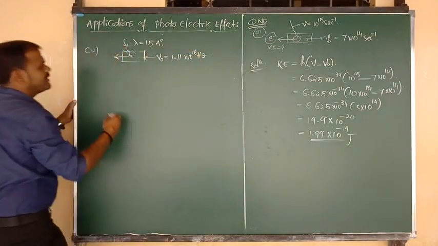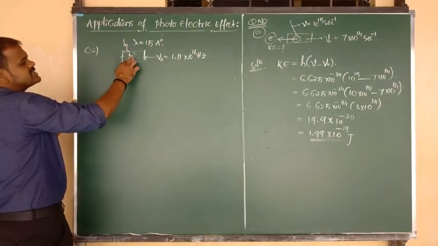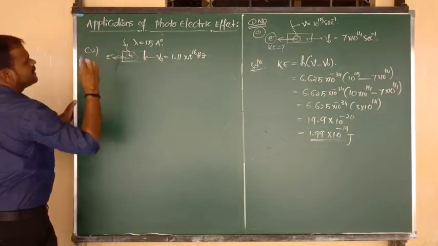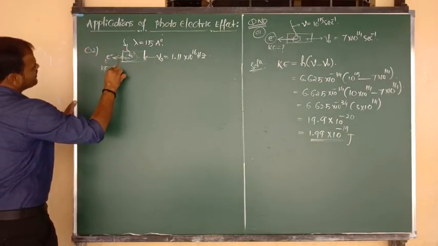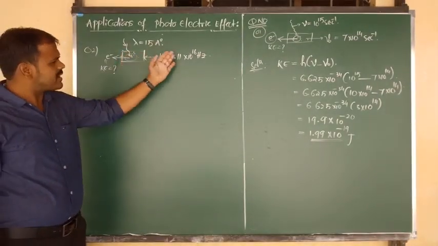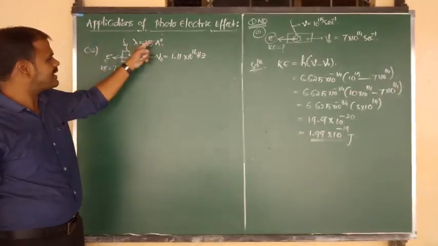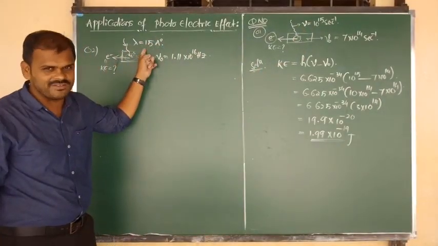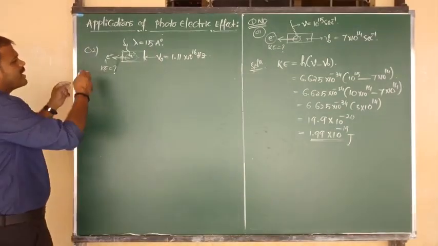These two values they have given. Again, in that case, when the photon with a particular wavelength falls on the surface of the metal, definitely we can see the release of an electron. So what amount of kinetic energy do such released electrons contain? Once again, I am going to restate the question. A metal surface contains a particular threshold frequency, and that metal is exposed to light, and that incident light contains a particular wavelength. Here the incident light frequency was given, there the incident light wavelength was given. Again the question is the same: what kinetic energy does the ejected electron contain?